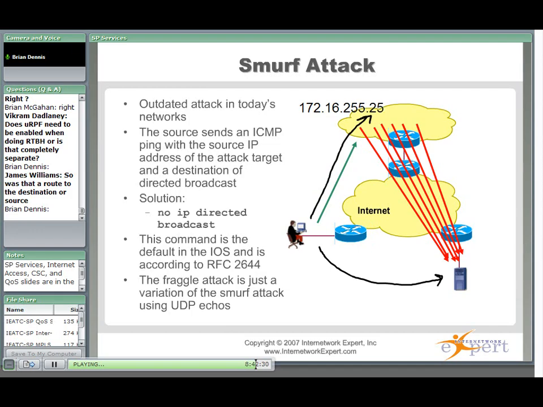Okay. Real quickly, talk about a Smurf attack here. Basically, what you're doing is you're sending a ping to the directed broadcast IP address. Your source is the source